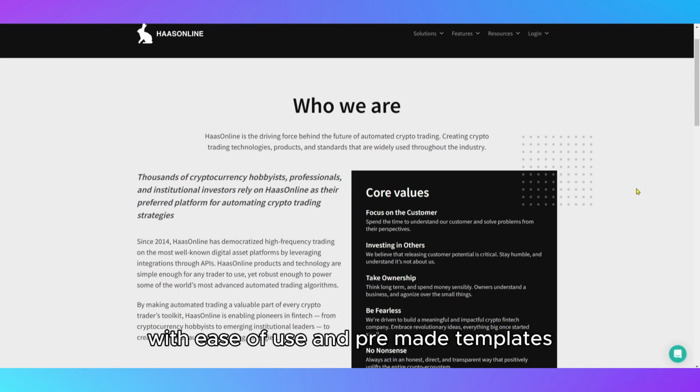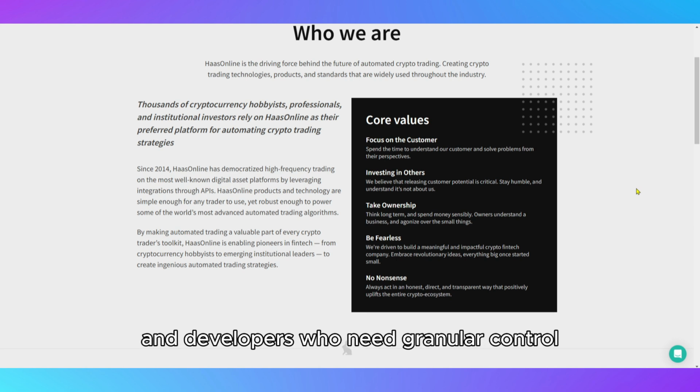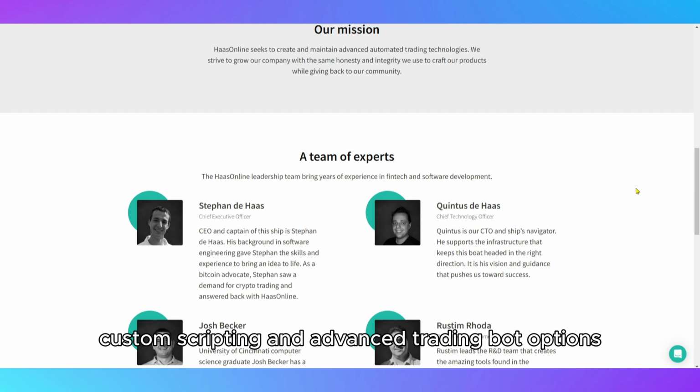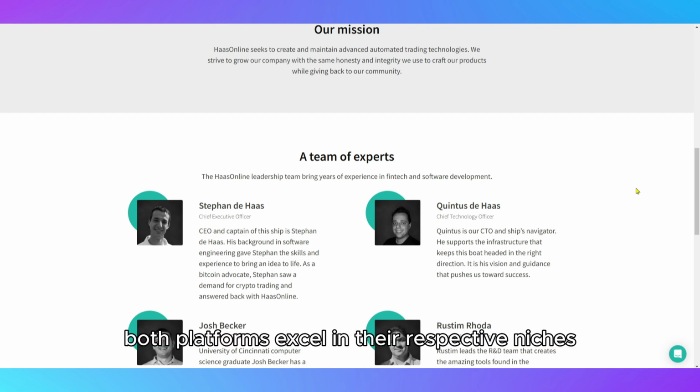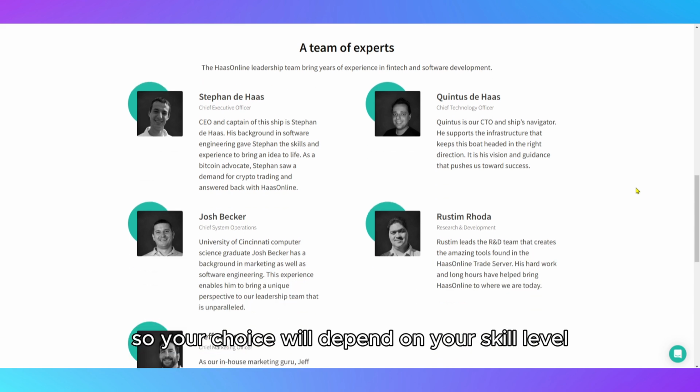and pre-made templates. HaasOnline is better suited for experienced traders and developers who need granular control, custom scripting, and advanced trading bot options. Both platforms excel in their respective niches, so your choice will depend on your skill level and